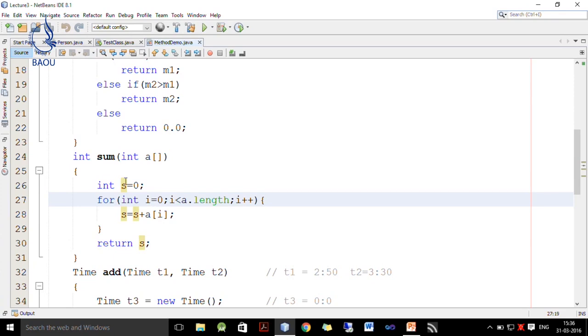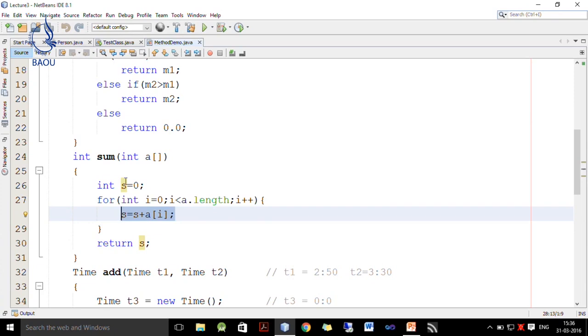Now, we know that array index always starts from 0 and the number of elements is represented by a.length. So, I write i is equal to 0, i less than a.length, and then every time i is incremented by 1. Now, what I want to do is add all the elements of the array inside S, which is represented by a of i. So, I write S is equal to S plus a of i.